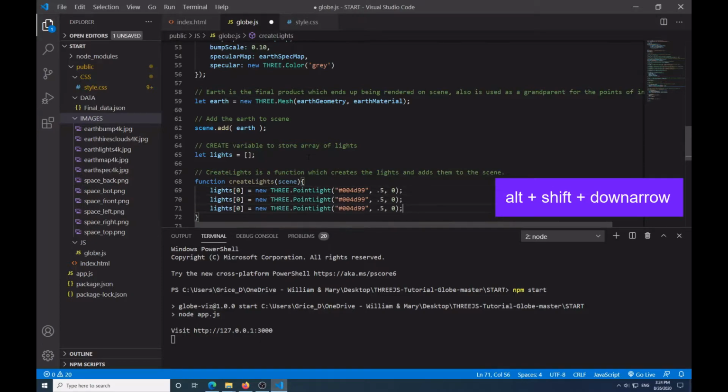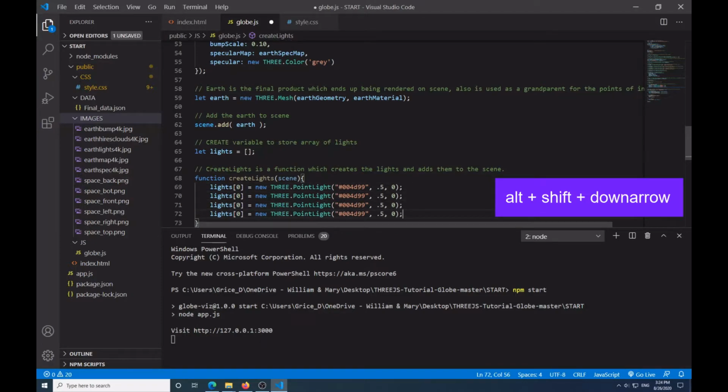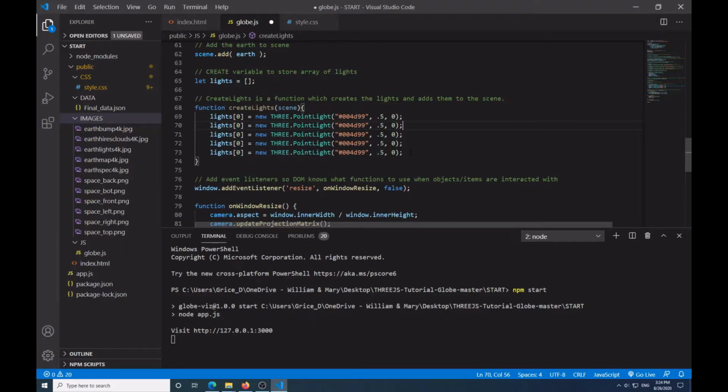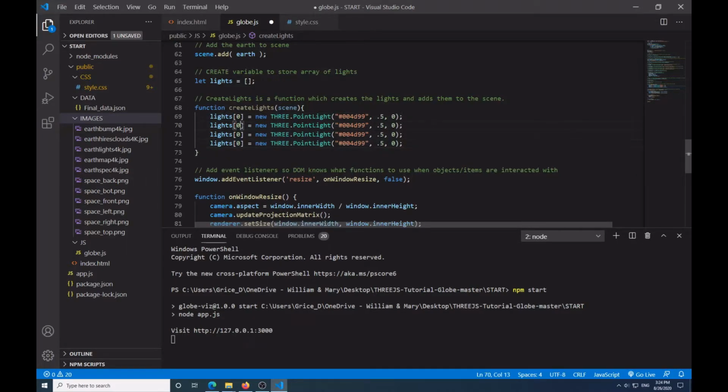Now I'm going to copy this 3 more times, and to copy it, you can just press the Alt and Shift keys, and if you do that, it puts a new line of the copied code. So I'm going to change it to lights 1, lights 2, and lights 3 respectively. For light 1, I'm going to have it set to the same color and the same values, 0.0, 0.5, and 0. The second light is going to be the same thing, only instead of 0.5,